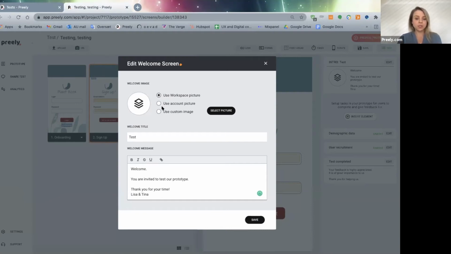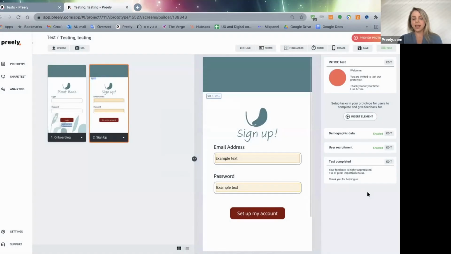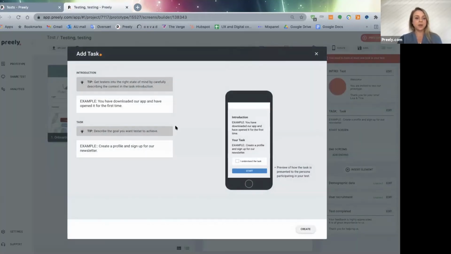You are able to set a company logo if you want to do that. That's not a problem, but we want to just use my account picture for this one. So that's orange. And now we have set up the first step in the test. When you test with Preely, you always need to have some sort of task. So in this case, we want the participant to sign up. So we need to insert an element, add a task, and then you have this